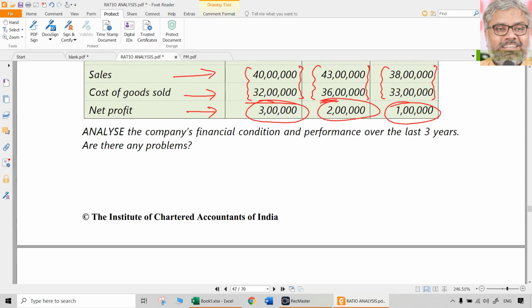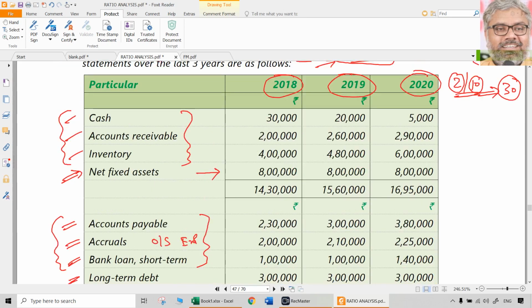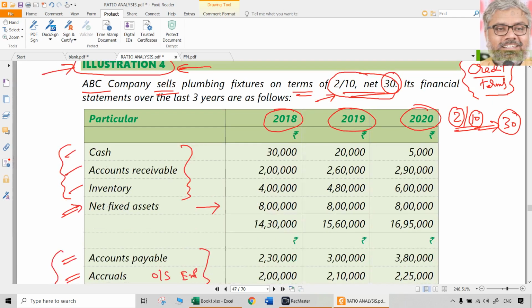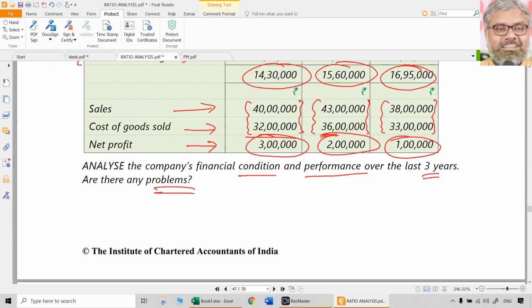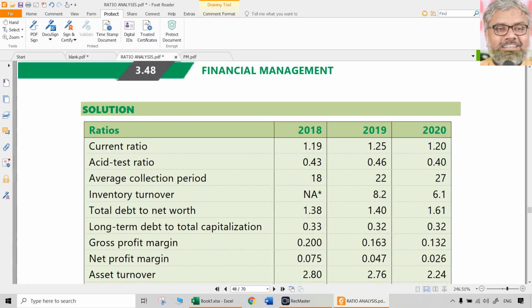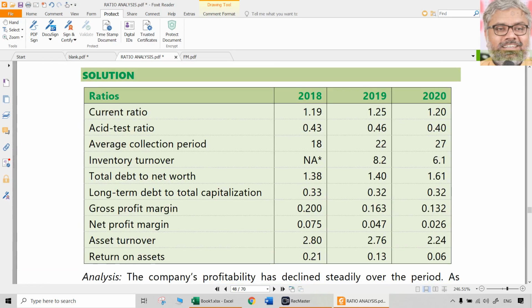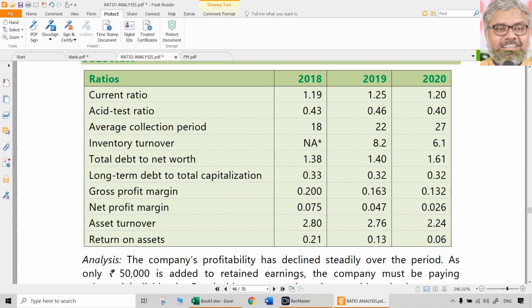Analyze the company's financial condition, which is position actually, and performance over the last 3 years. Are there any problems? Open-ended question. So the best possible way is to calculate as many ratios as you can. If it is a 10 marks question, naturally, at least 10 ratios, minimum. Beyond that also you can do according to your convenience. But at least these important ratios you can calculate: current ratio, quick ratio, receivables collection period, inventory turnover, and